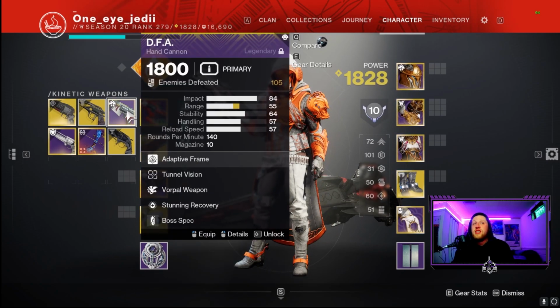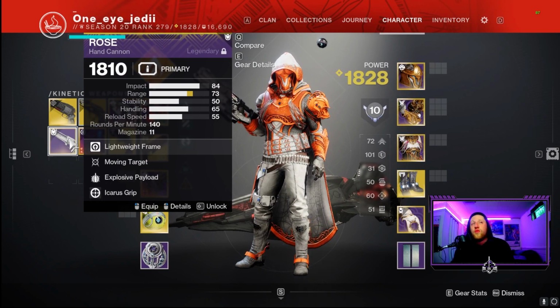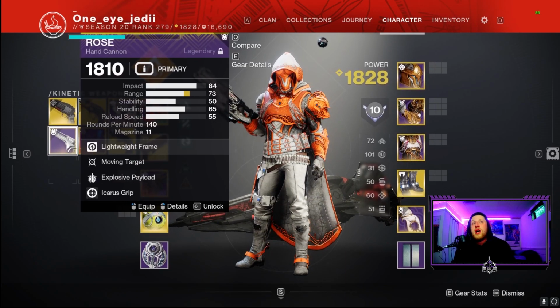First off is the DFA, which we can get from the Zavala rewards and those Vanguard engrams. Having that Vorpal on it is nice for that plus 20% damage on those bosses. Well, you can also get it on Rose. I don't have one with Vorpal, but Rose is another weapon that can roll with Vorpal on it, a kinetic